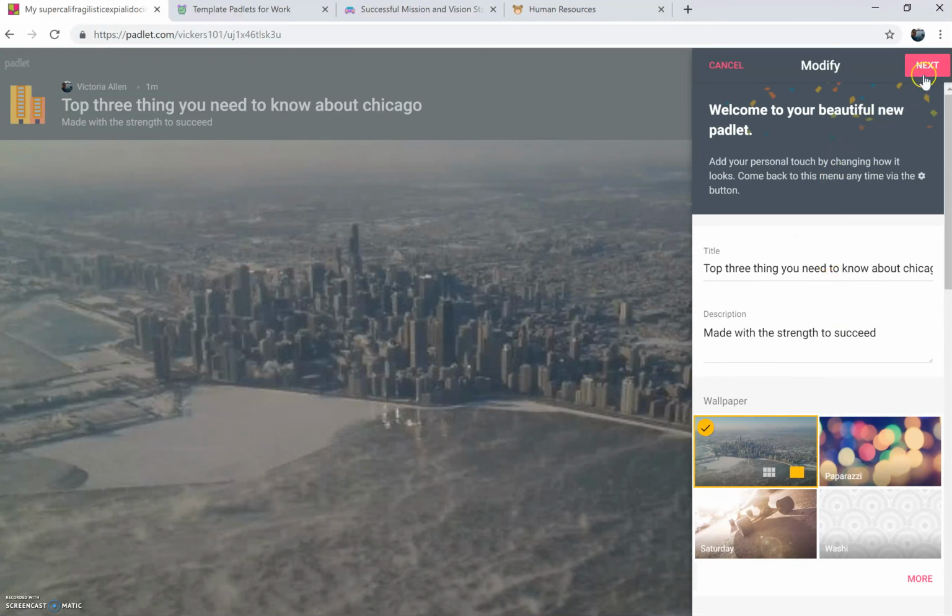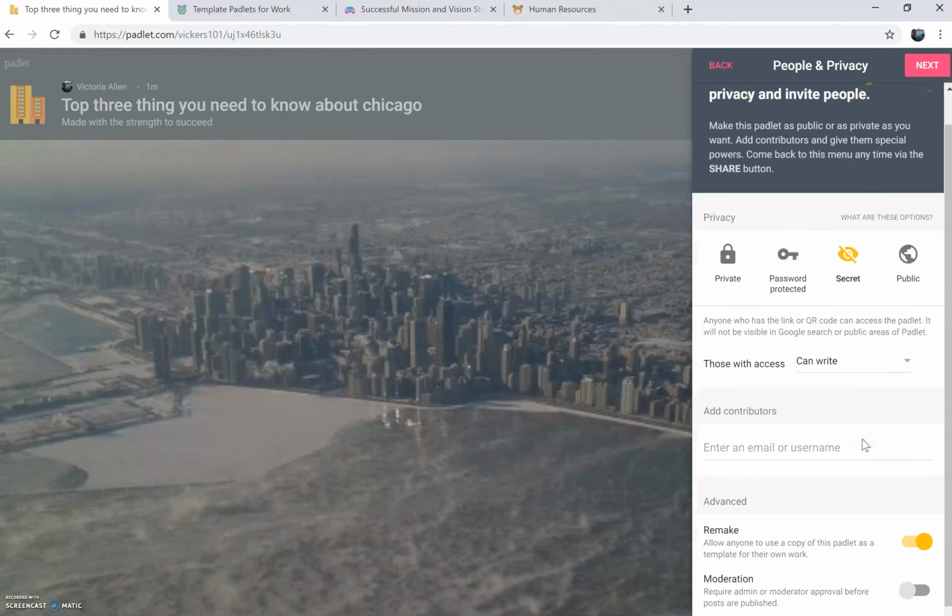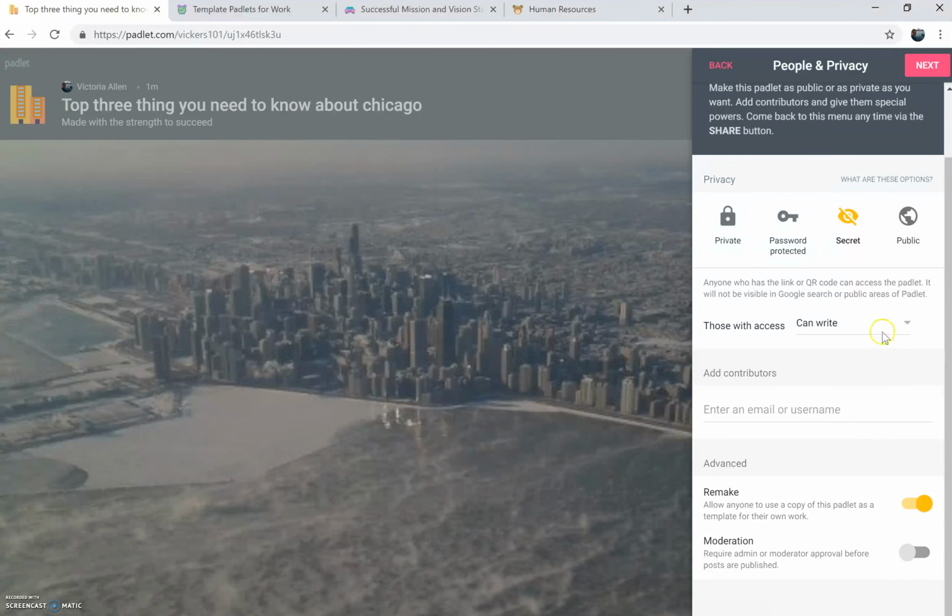Now that my appearance is ready to go, I'm going to click on the next thing I need to do. You can see here are the different sharing options that you have, where I can do public or private, or password protected. We've used this in